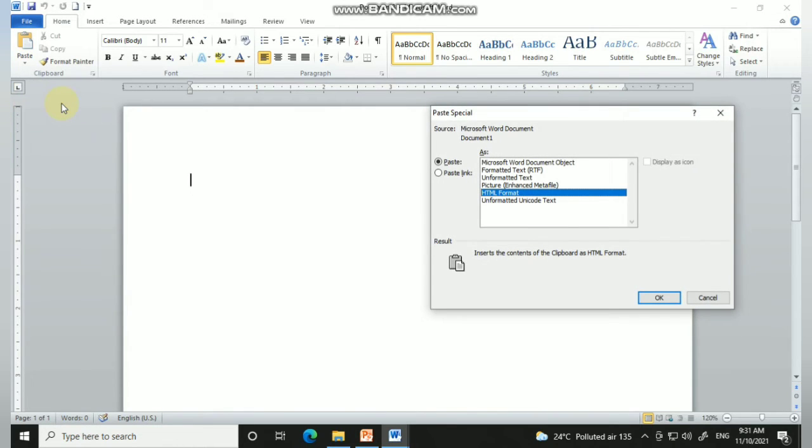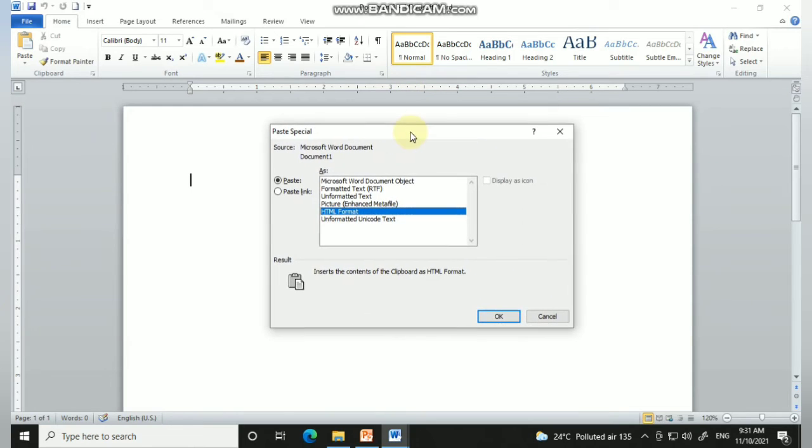I am clicking the paste special option, and I get the paste special dialog box. In your textbook they would have mentioned the DDE link, dynamic data exchange link. But in my version of Windows and Word, I do not have the DDE link, but I have a special option called paste link.